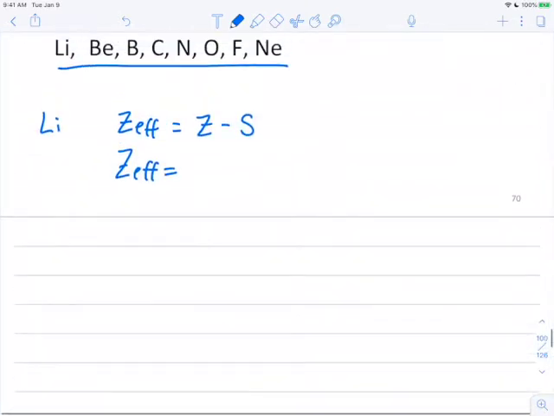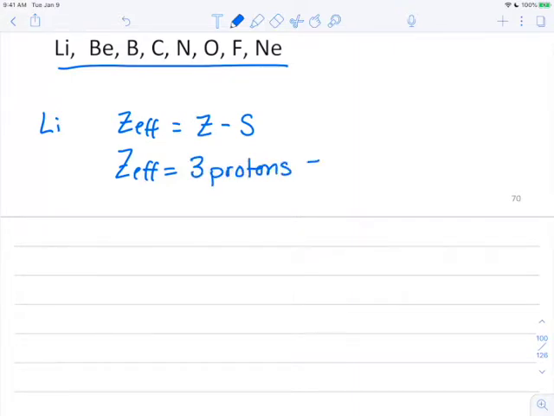Once upon a time, way back when, I did tell you that Z is an abbreviation for the atomic number. So I'm going to go ahead and say 3 protons here. All right, any questions about where that 3 came from? All right, so next up,